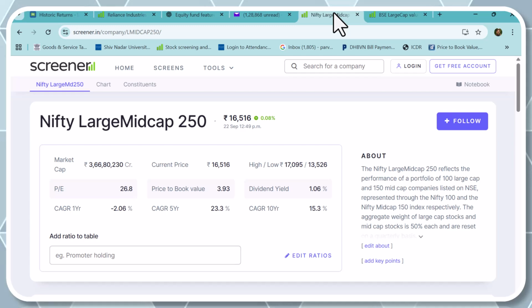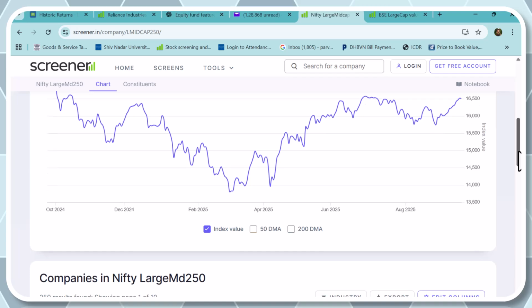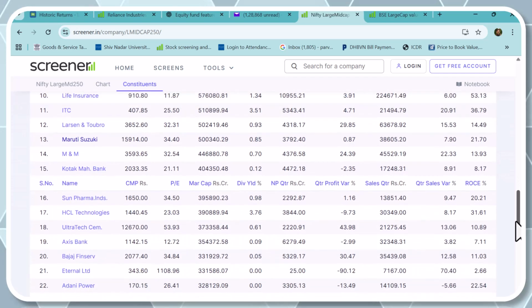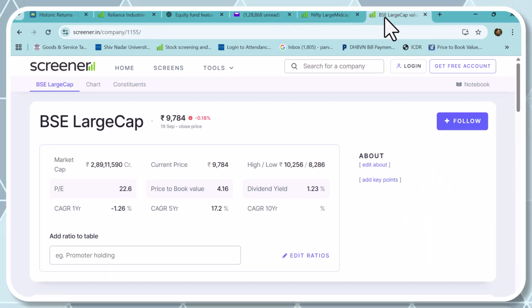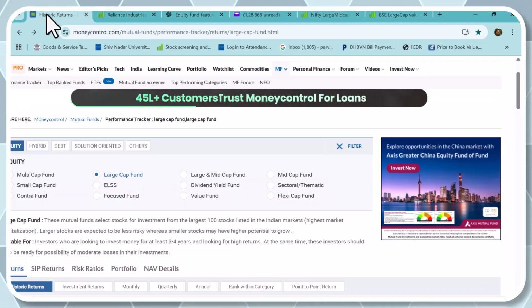For which 5 years, companies have given more return? Is it the top 100 or the top 250? Top 250. Because it contains the mid caps, which grow much faster, but there is a risk involved in it. But over the long period, that risk goes off, and you get higher returns. Fine. So if we talk about the 250 companies, these are all the 250 companies. It includes the top 100, which are large cap, and the mid caps. Okay, so we were doing the ChatGPT. Okay, so the large and mid caps. Okay, so whichever where your money is put into